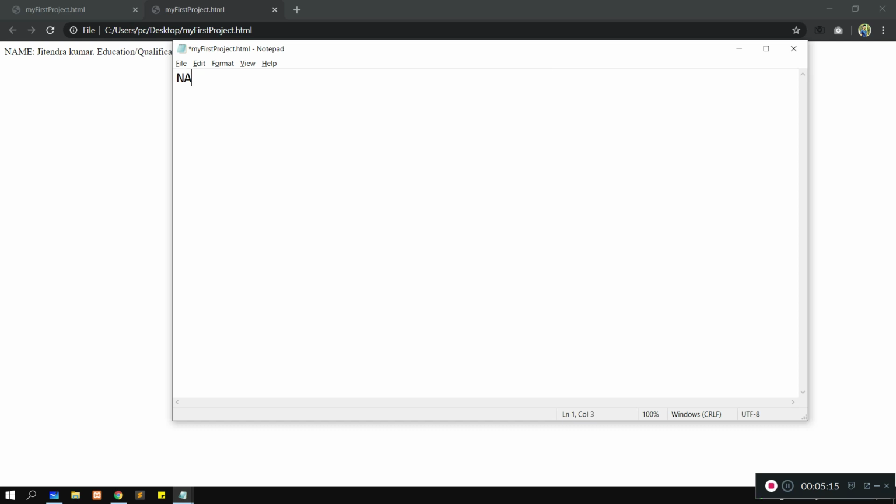What it will cover: name, DOB, that is date of birth, education, current location, that is where you are living, and your parents' names, and whatever you would like to add.